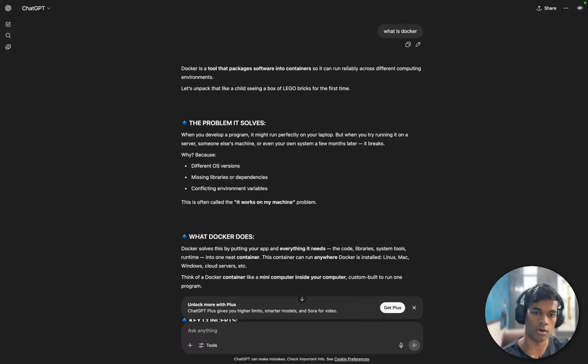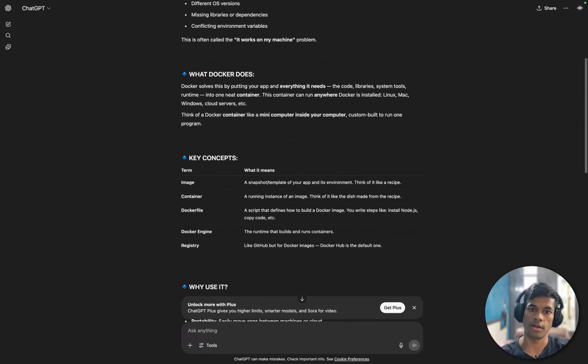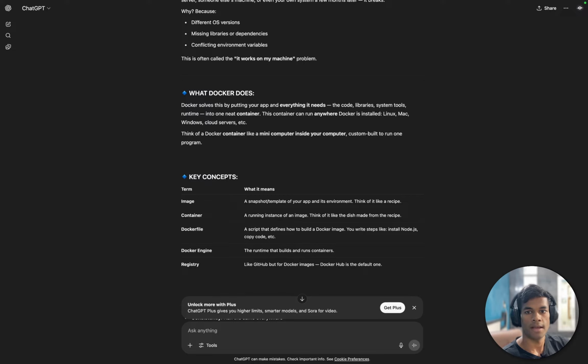What Docker does: Docker solves this by putting your app and everything in it, the code, libraries, system tools, runtime, into one neat container. This container can run anywhere Docker is installed: Linux, Mac, Windows, cloud servers, etc. Think of a Docker container like a mini computer inside your computer, custom built to run one program.